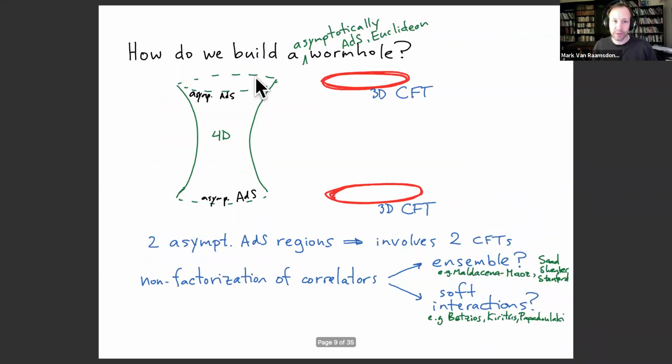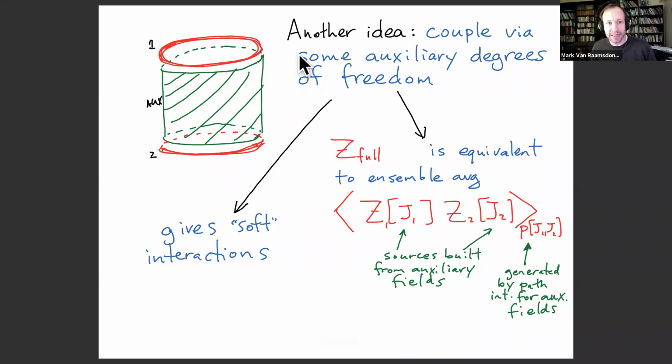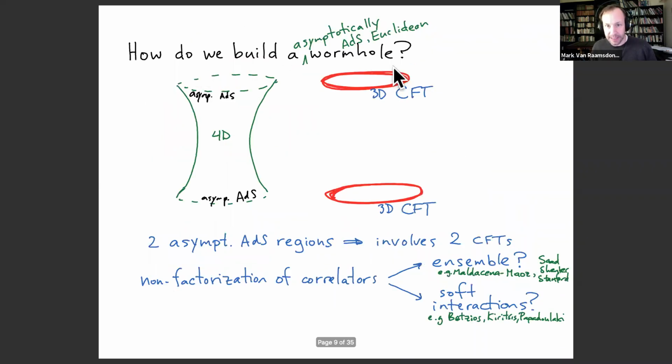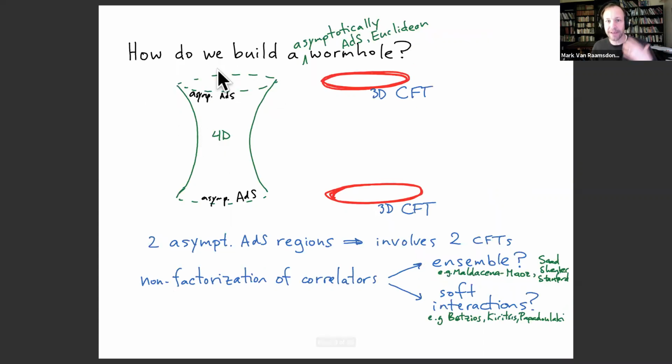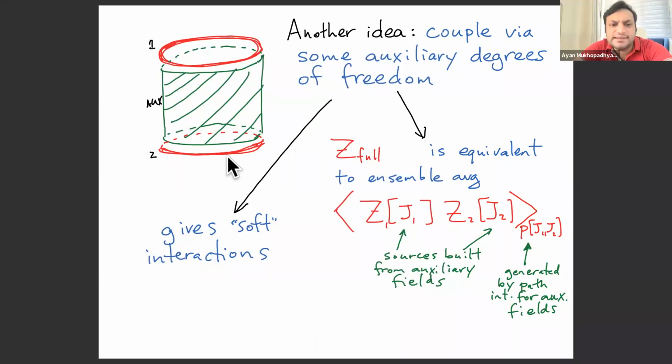Okay, so the proposal is taking two holographic CFTs, and still we're in the Euclidean picture. So we have these two Euclidean theories, you couple them this way, and I want to claim that the effective description of the physics is some 4D asymptotically AdS Euclidean wormhole. Your sources are coupled in some specific way, or there's some weighting function of the sources, which is not factorizable?